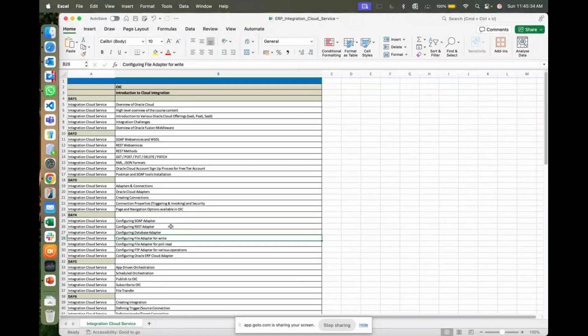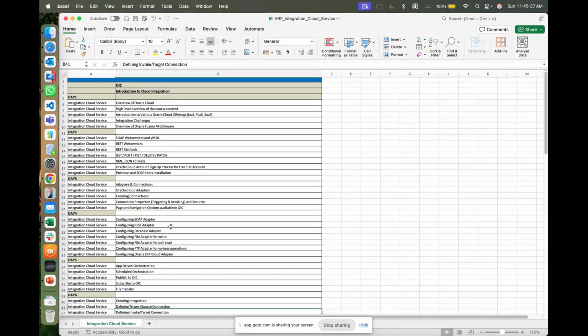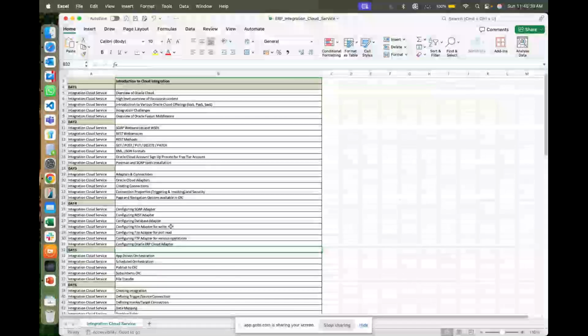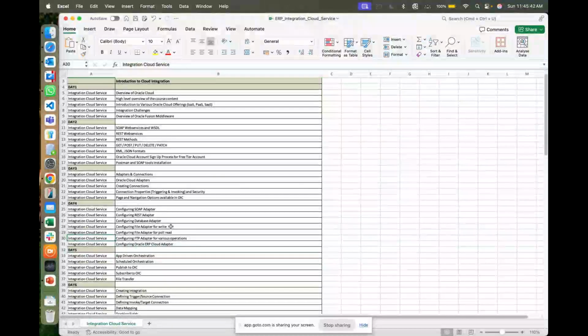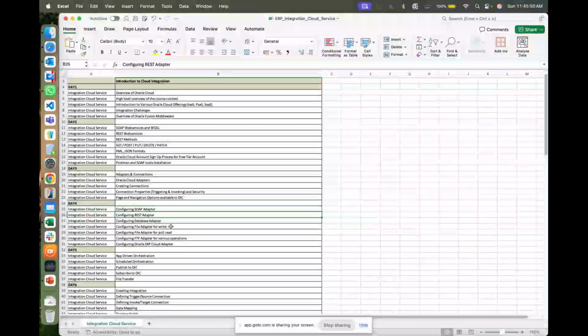Why I didn't include any third party system, right? It depends on the company and what they acquired. If they acquired Salesforce, you need to use a Salesforce adapter. If they acquired SAP, then you need to use the SAP adapter. So it completely varies. But these are the main adapters which you're going to use: SOAP, REST, database adapter to